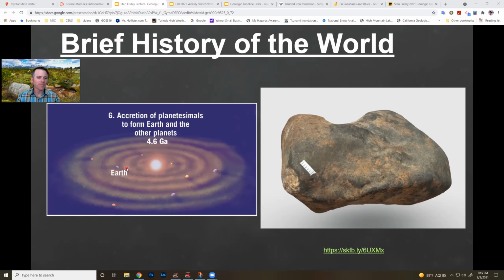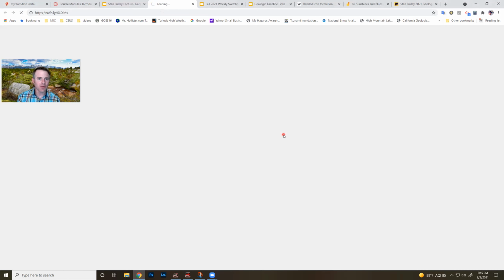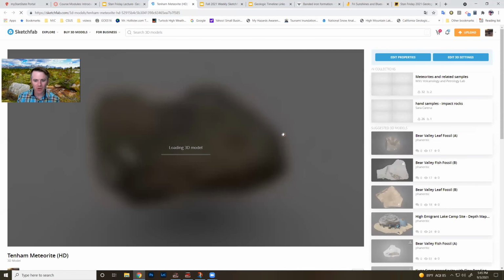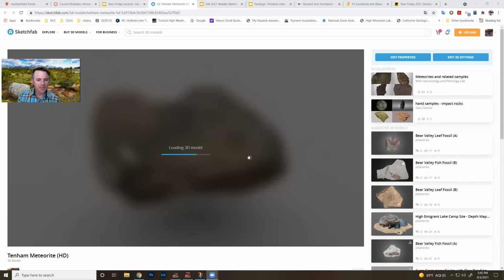But for the most part, a lot of that junk started smashing into the Earth and other planets and adding to it. And so how do we know this happened 4.6 billion years ago? Well, we're going to talk about absolute dating next week, but the clue here is meteorites. And these meteorites, hopefully it'll load here in just a second. This is one that I made a 3D model of last year. But what's kind of cool is if you slice these open, and we'll look at this next week for sure,